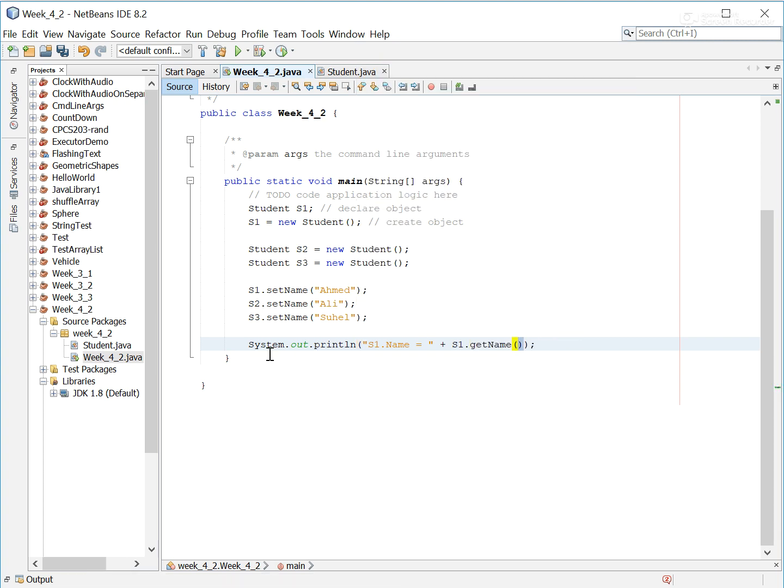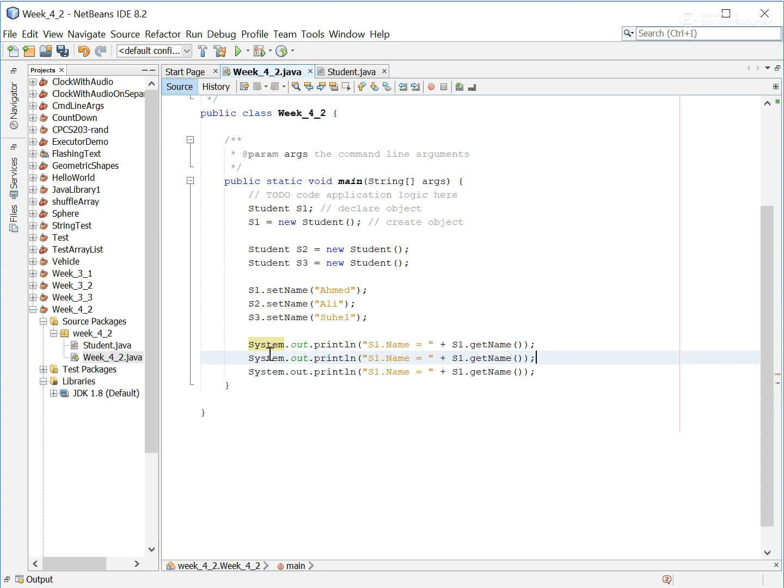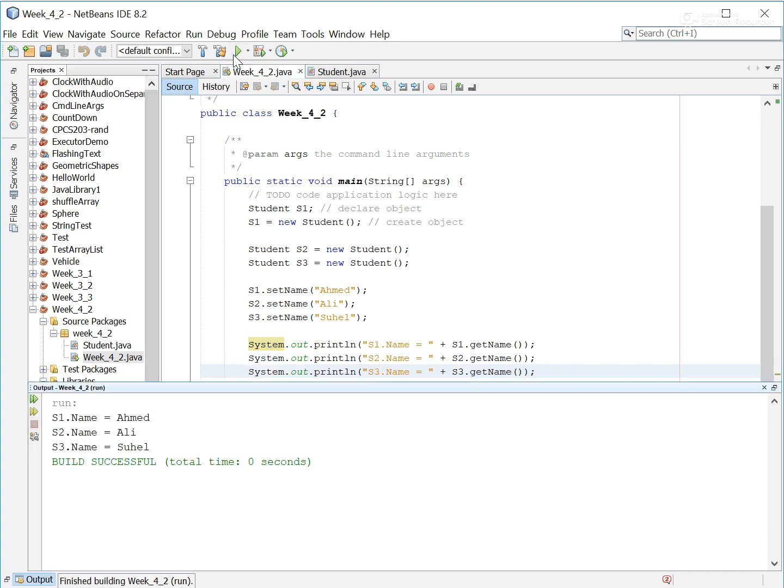So s1.getName will read the value of the name member variable of s1 and concatenate it to this neat looking string over here. I'm going to do the same thing for the other 2 objects, s2 and s3. And let's see what we get. There you go. s1.name is indeed Ahmed. s2's name variable contains indeed Ali and s3 is